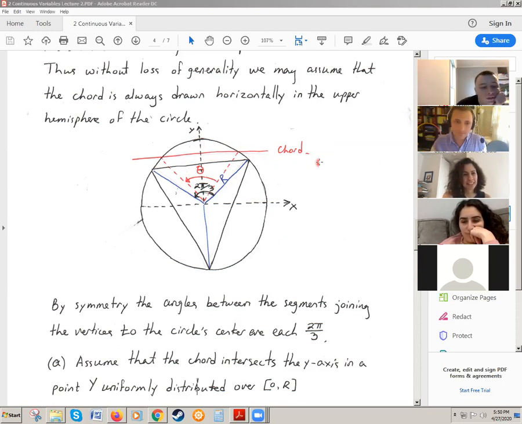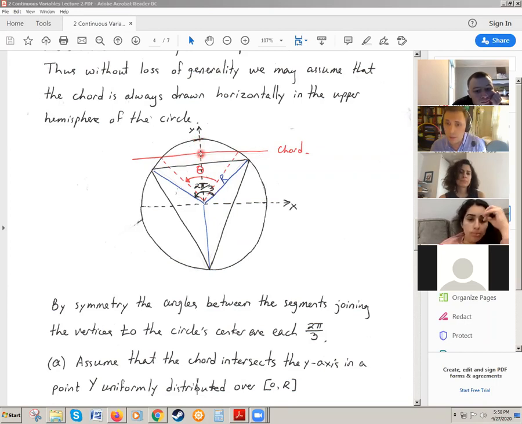So yes, okay. We have this red line, which is then always perpendicular to the y-axis. Now if it's dropped, you might imagine that randomness means that y is anywhere between 0 and r. So in other words, this point here, where the chord intersects the y-axis, is randomly distributed between 0 and r. So my setup, does it make sense so far, guys? Then my question was, what's the density function?